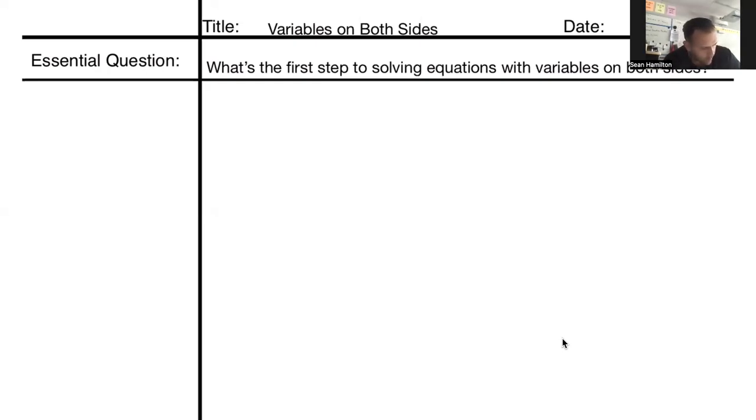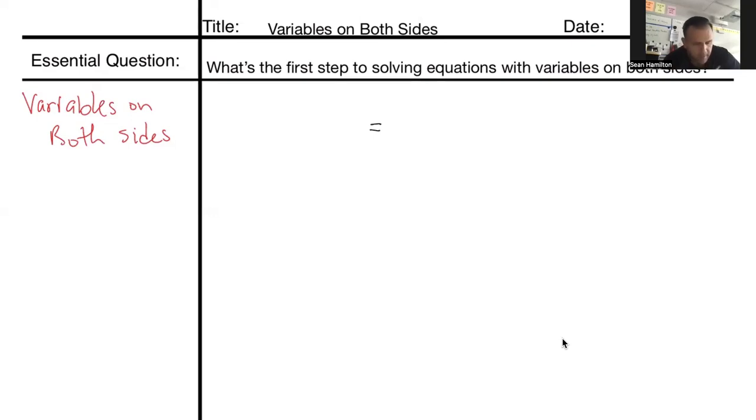So first I want you to go ahead here and write variables on both sides, variables on both sides. So what does that mean to have variables on both sides? And so what we're talking about is that there is an equal sign here in the middle of the equation,